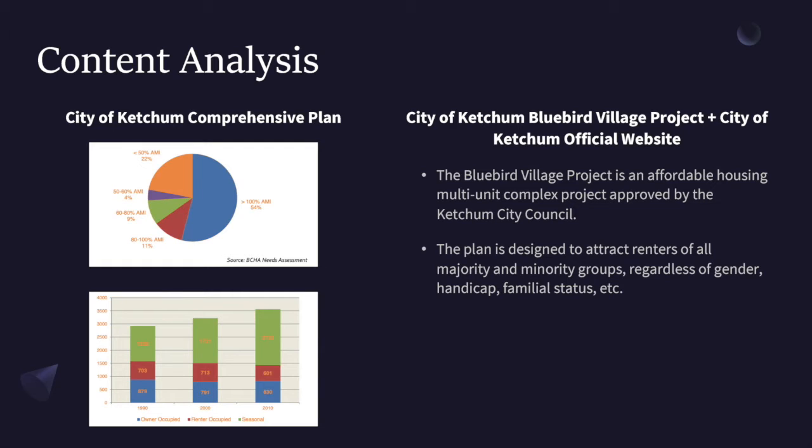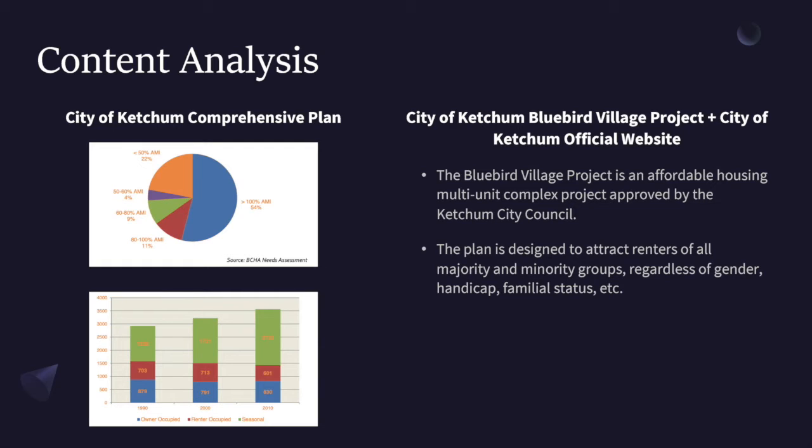Another method of analysis we learned from the research is content analysis. The first one is from the City of Ketchum Comprehensive Plan. As you can see from the above image, in the City of Ketchum, quite a large percentage of households are considered below median income, and a comparably large percentage in this group are very low income households. And on the side, high housing cost is also a major issue in the City of Ketchum.